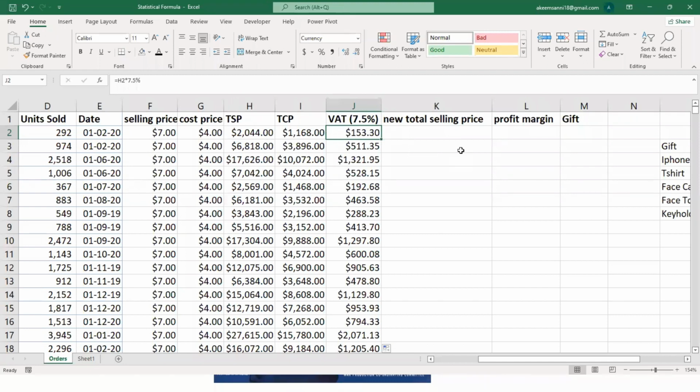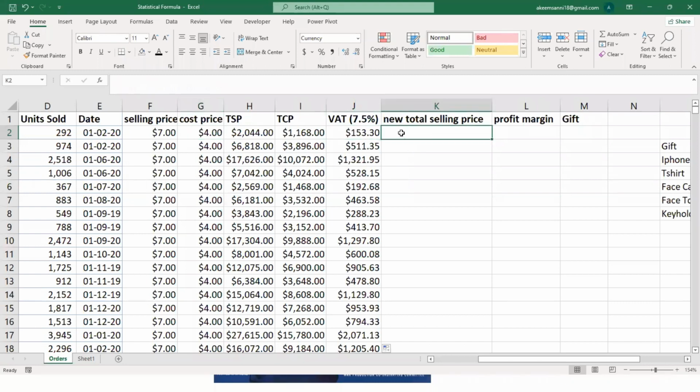Someone asked, what is the difference between total selling price and total cost price? Can you please write down your question so that we don't waste a whole lot of time? But let me quickly answer this. The total selling price is how much we sold it for: how much the person that ordered these products is going to pay for buying this unit. The total cost price is how much it costs us to produce this unit. So if we are selling one at $7 and we produce it at $4, what is the total of 292 units, and how much does it cost us to produce 292 units?